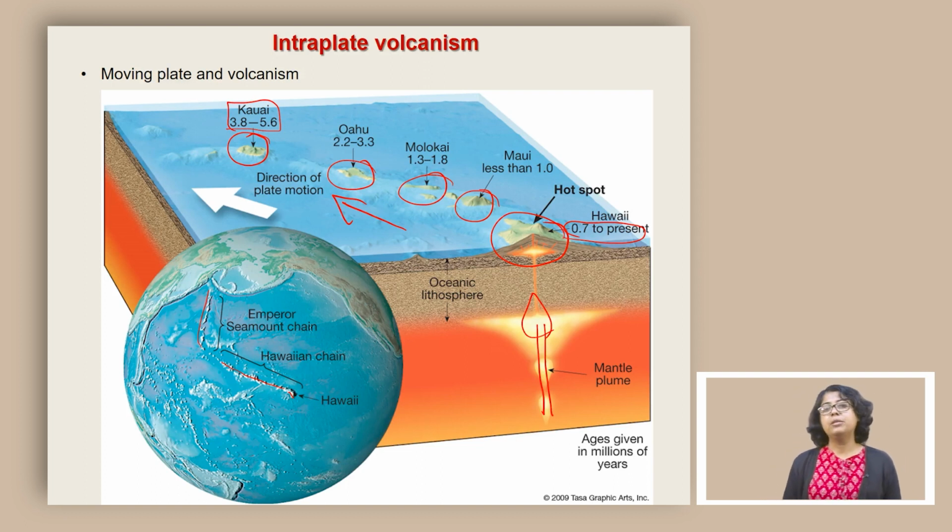Now, let us summarize what we learned today. We talked about different plate boundaries and the relationship of such plate boundaries with volcanic activity and magmatic activity. We also learned, in each of these plate boundaries, what the responsible mechanisms of rock melting are. Finally, we also tried to understand the difference in the production of rock and composition of rock in each of